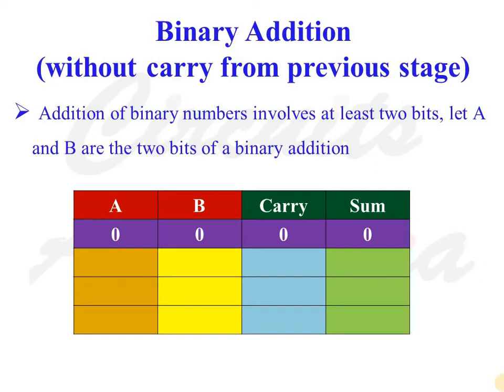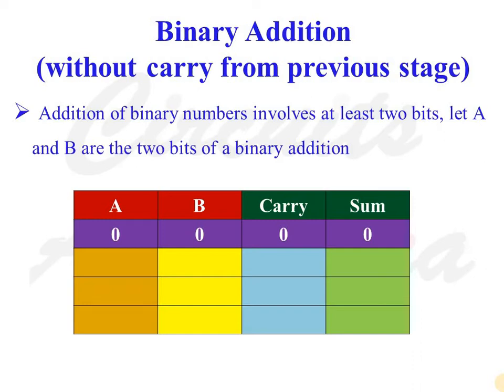To understand this case in detail, let us consider addition of 2 decimal numbers 1 and 1. When 1 is added with 1, result of the operation is equal to 2, and in binary, decimal 2 is equal to 1, 0. So in short, if both inputs involved in the binary addition are 1, then sum is equal to 0 and carry is equal to 1 as there is an overflow.